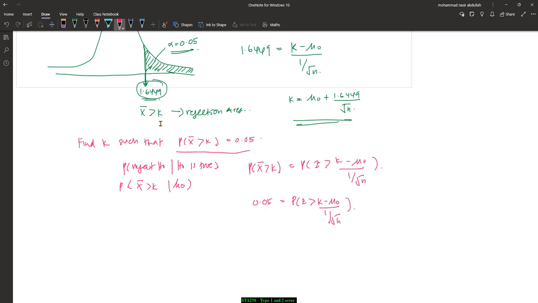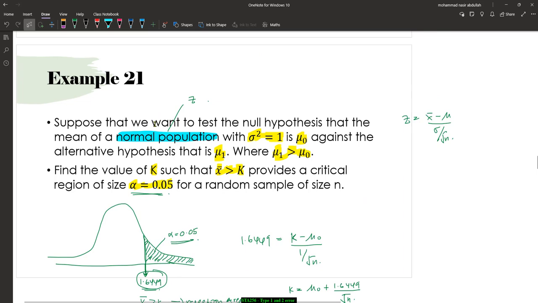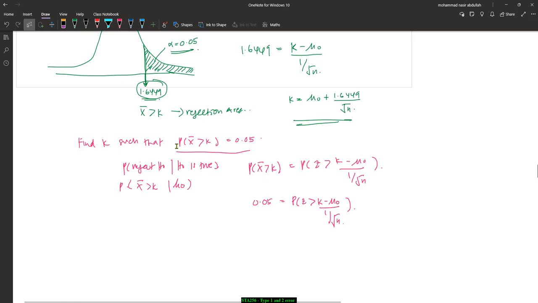I think kita akan dapat lead soalan jawapan yang sama jugalah. So this is because we don't have the value of mu naught, and we also don't have the value of n, right? So we want to find k. So k basically this one lah,